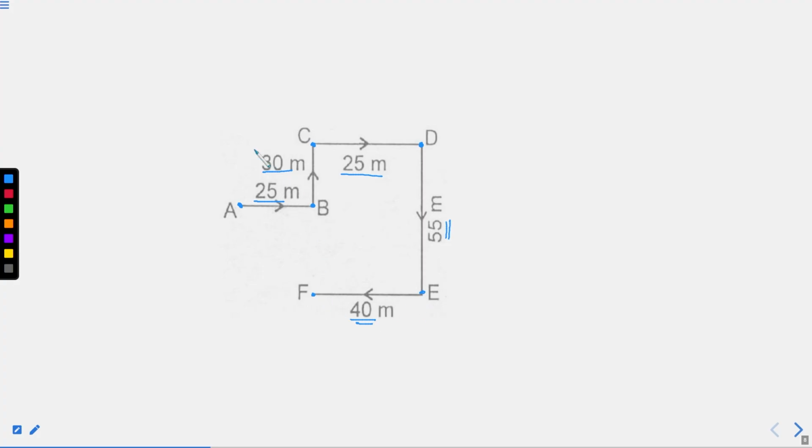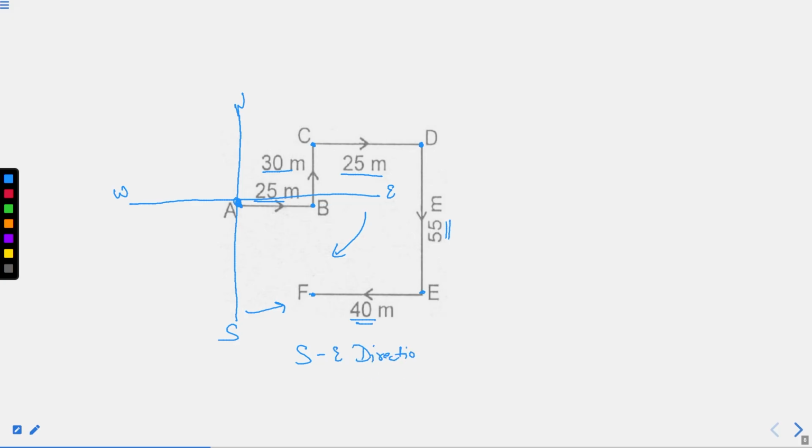As I said, draw a plus at the starting point, right? This is the starting point. This is north, this is south, this is east, and this is west. So from point A, you find point F, that is the final point, is in which direction? Below east and to the right of south. So the direction comes out to be southeast, right?